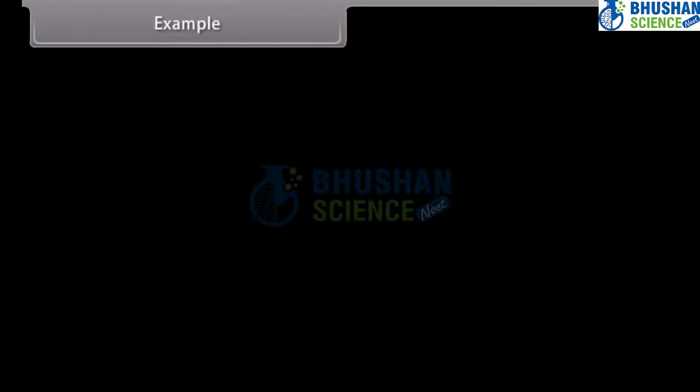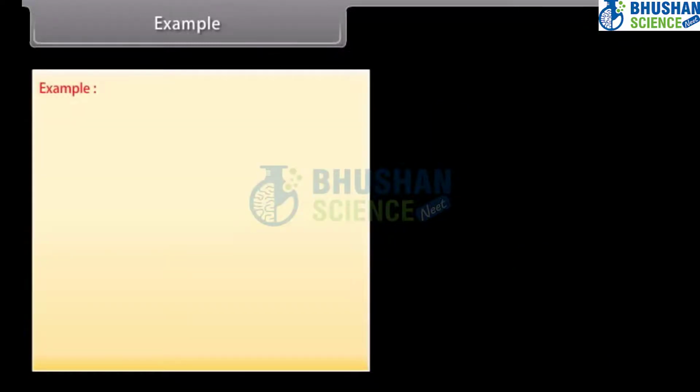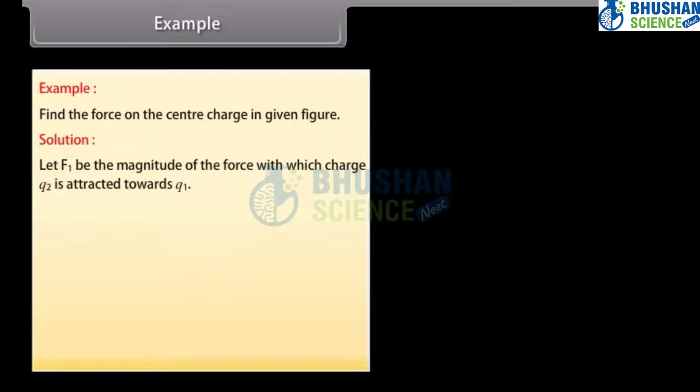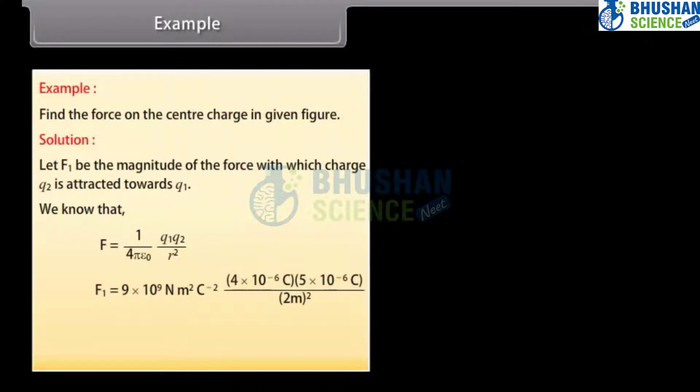Example. Let's take an example on Coulomb's law. Find the force on the center charge in the given figure. Let's see the solution. Let F1 be the magnitude of the force with which charge Q2 is attracted towards Q1. We know that F1 = 1/(4πε₀) × Q1Q2 / r². Put the values in this equation. We get F1 = 45 × 10^-3 Newton, which is equal to